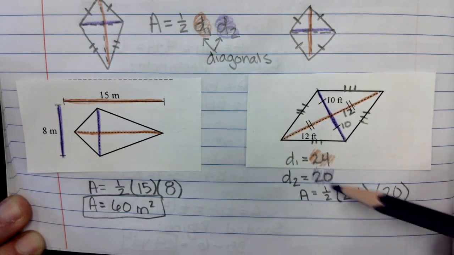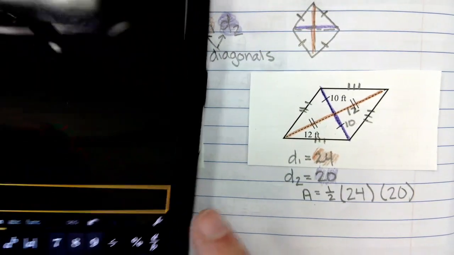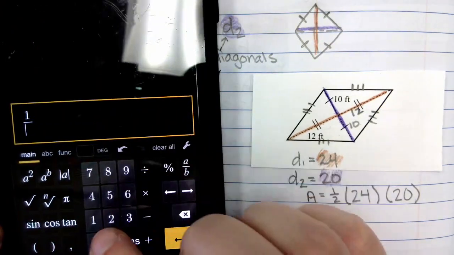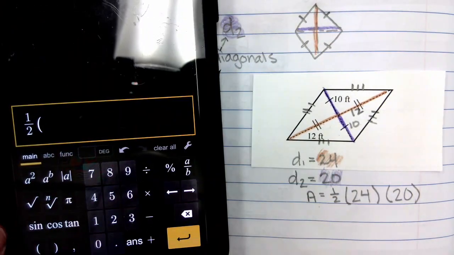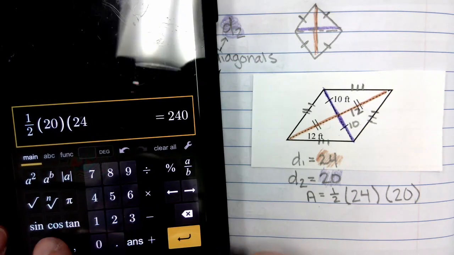Alright, there is a practice today. It's pretty short. It's 5 problems. The first couple of problems are going to ask you to go through your vocabulary and make sure that you understand parts of the trapezoid. And then the second 3 problems, you're just typing in kind of the formula and what numbers you